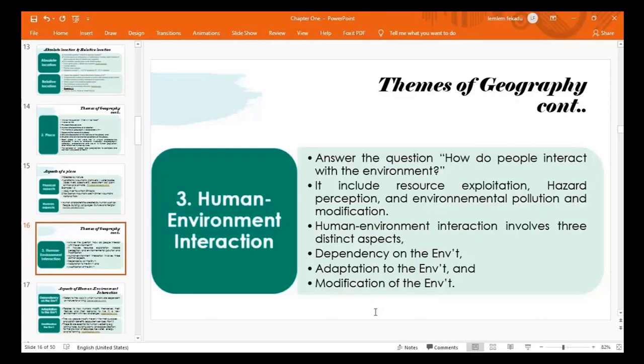Hazard perception means adaptation to the environment. So there are situations of different environmental conditions, and humans adapt to a certain environmental condition in order to survive. And another is environmental pollution and modification. So these are known as the human environmental interaction. These three distinct aspects are